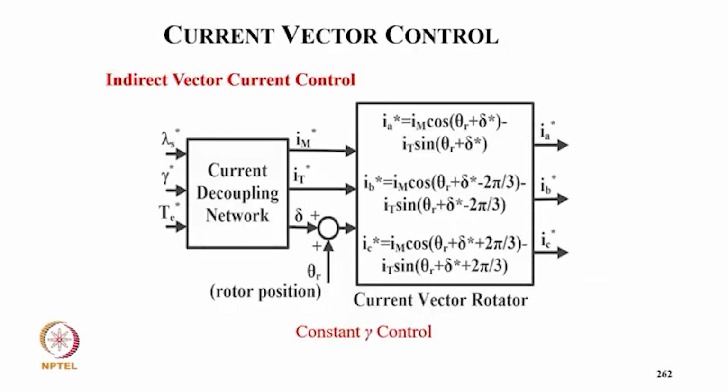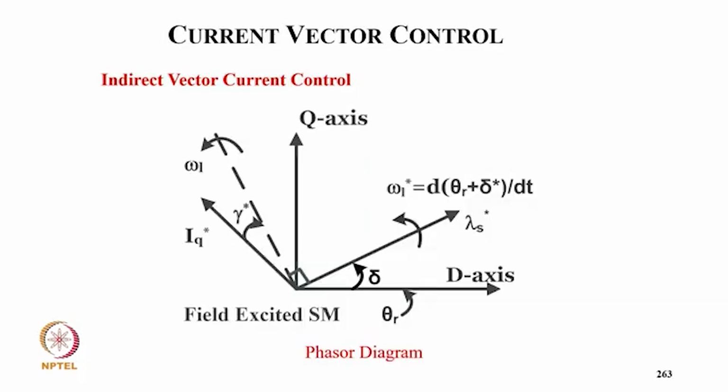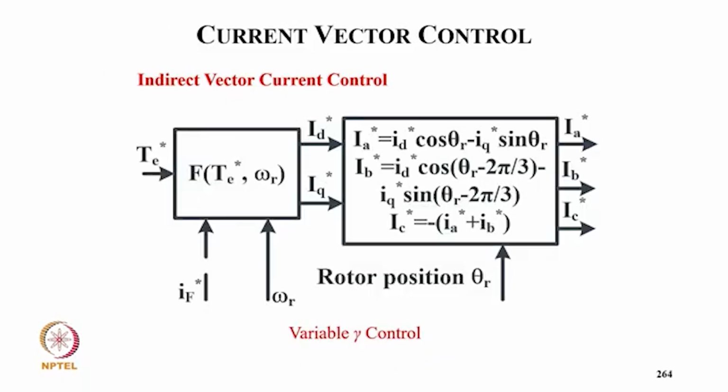So we have lambda star, gamma star, and T star coming from the control, and we get IM star, IT star, and delta. Adding theta, we get the angle, and with all four inputs we get IA star, IB star, IC star from this current vector rotator. This is for constant gamma control. And this is a phasor diagram for this vector control, showing how the relations are derived. And this is your variable gamma